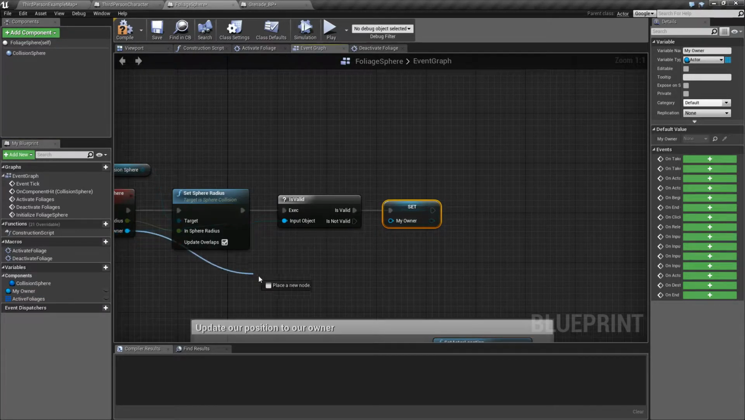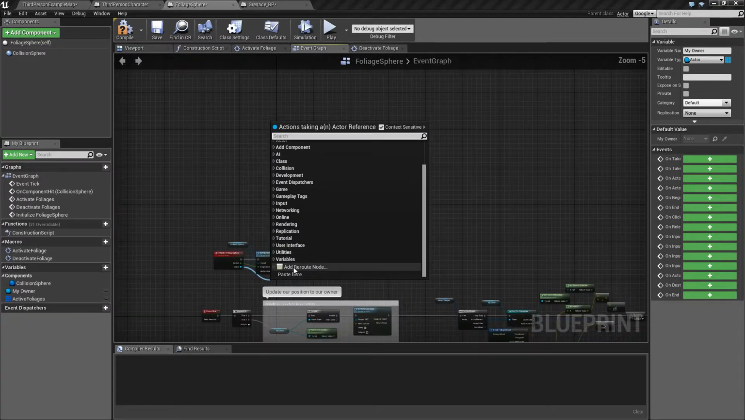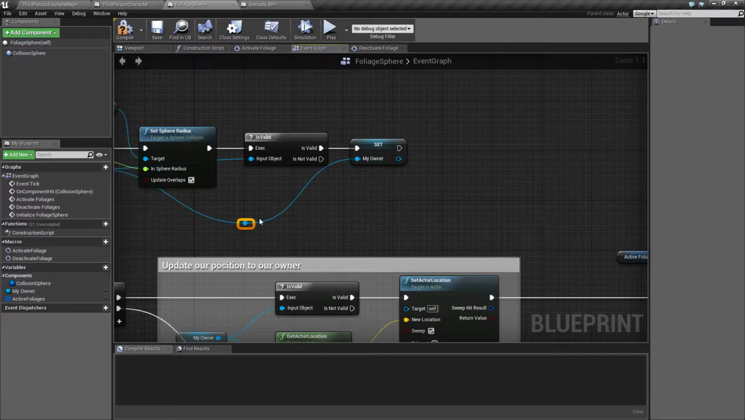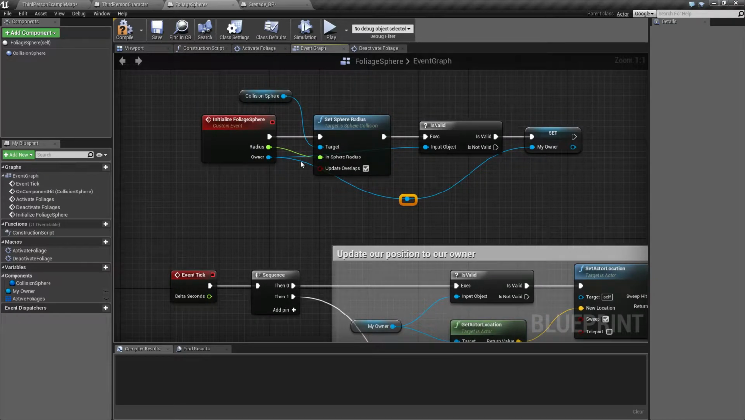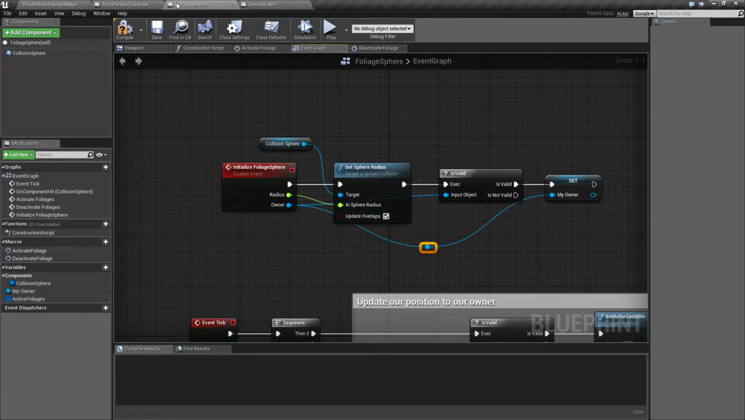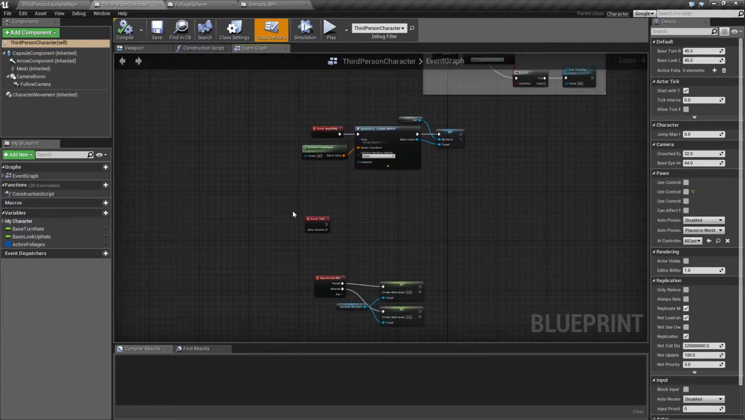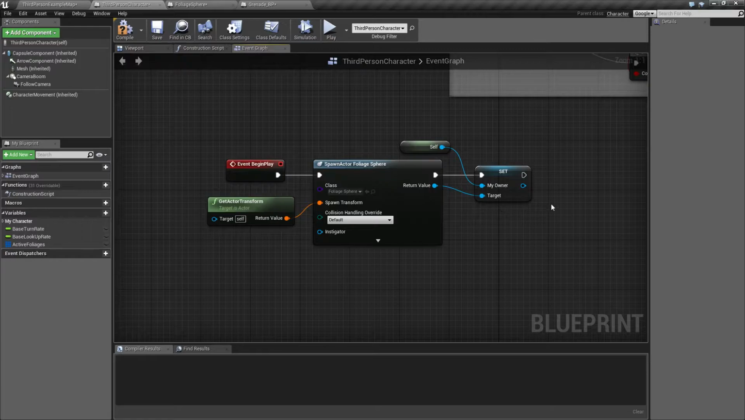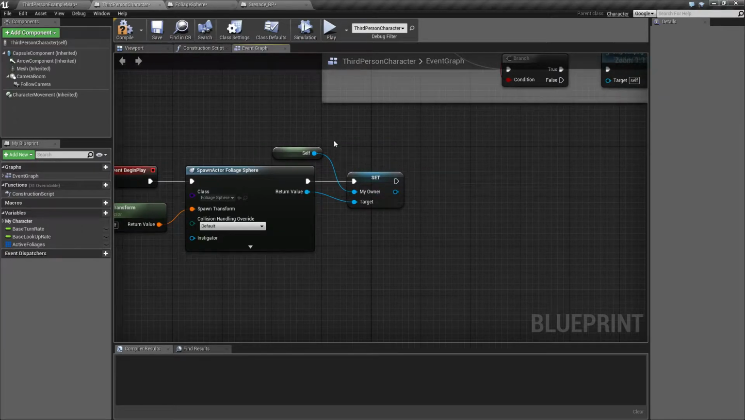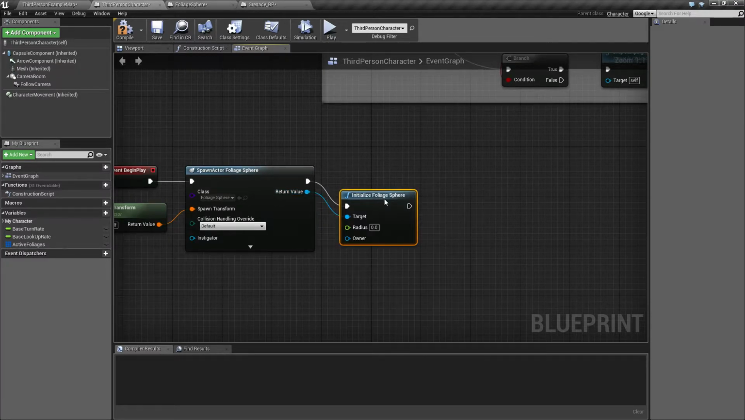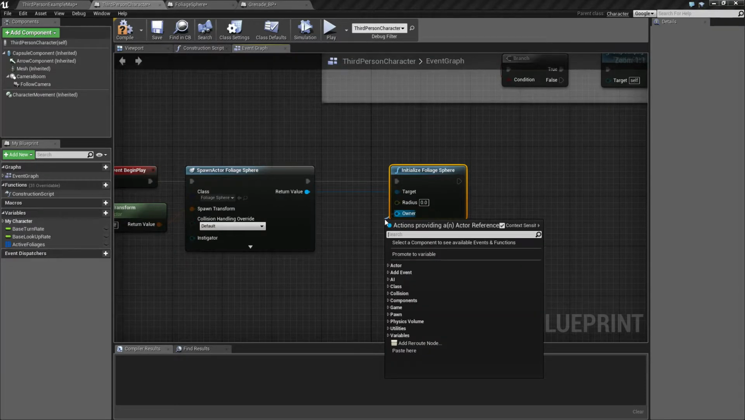So what I'm doing now is just making a little restructuring, I think I could call it also. So when we begin play on our third person character, where is it? It's event tick, get rid of that. We set owner here. So instead of setting owner, we will just call our initialize foliage sphere, and we'll feed in the owner ourselves,